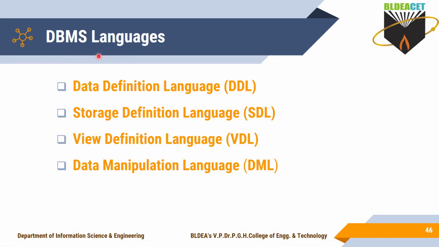Okay, next we'll go for DBMS languages. Based on the definition, the storage and the views, that is based on your three schema architecture, you have different types of languages. The first one is data definition language, DDL. This is the defining language. Usually the database administrator and database designer users use this data definition language at the conceptual level, in the conceptual schema, to describe your data. If you want to create the database structure, you use this data definition language.